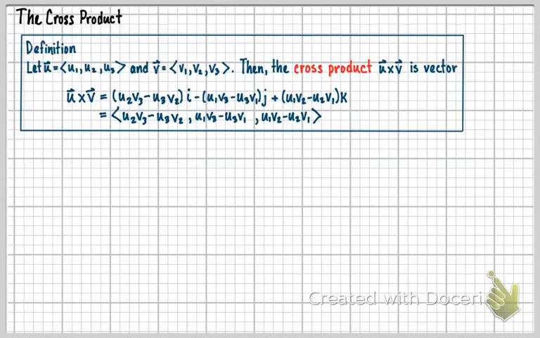Now let's talk about the cross product. We have two vectors here. It says let U equal U1, U2, U3, and V equal V1, V2, V3. And this is the cross product of U cross V. That's how you say this. You say U cross V is a vector, and the vector is